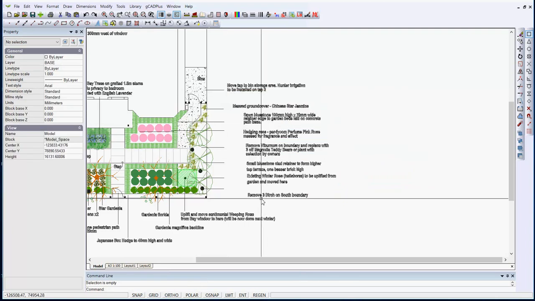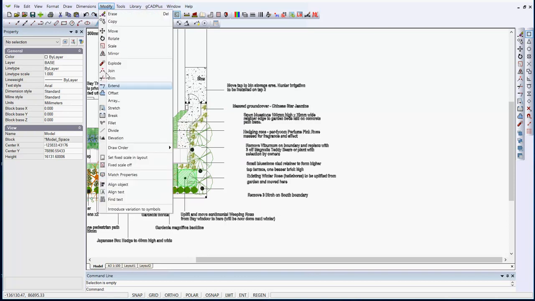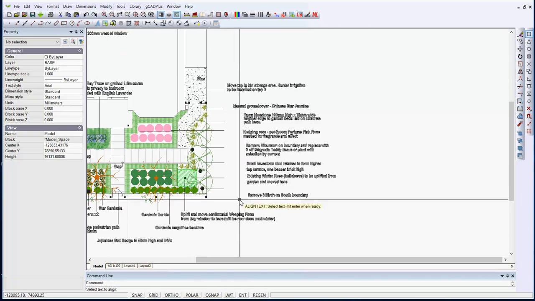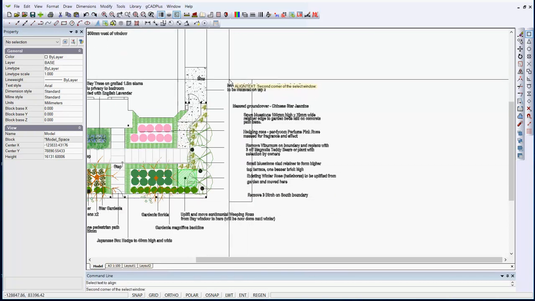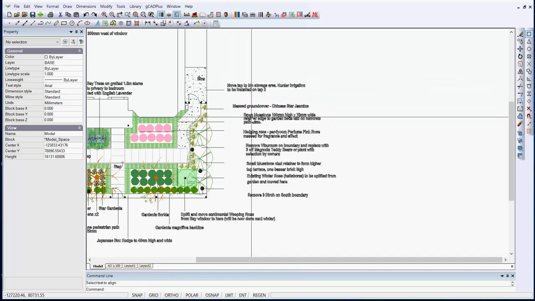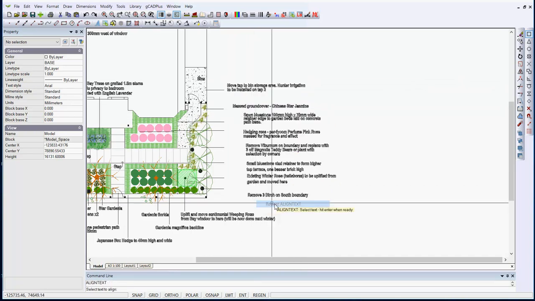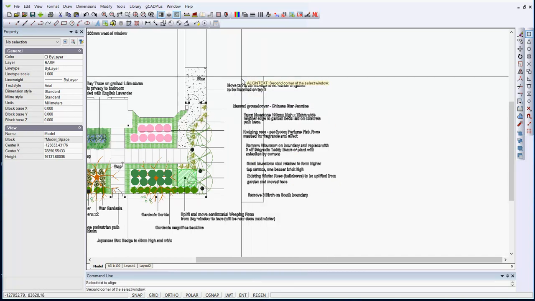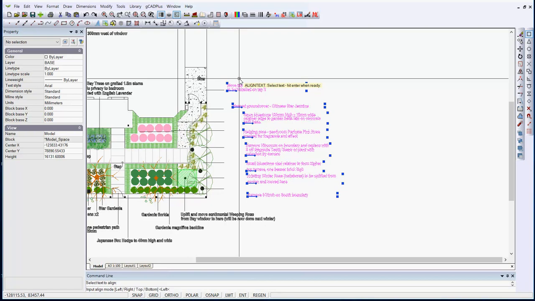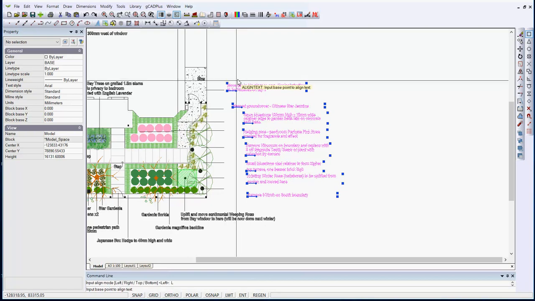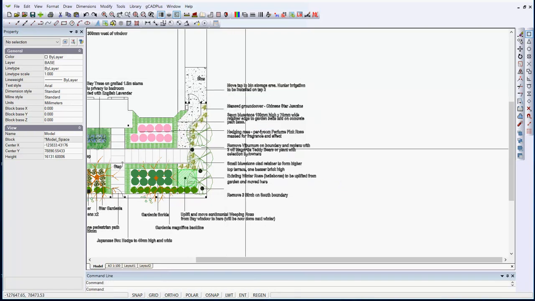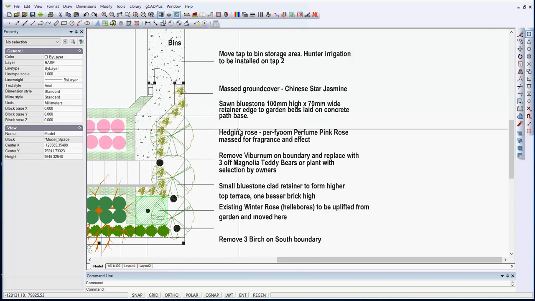And then we can again do that trick of modify, align text, get all of the text now, which is now MTEXT. Whoops, try that again, align text, select the text, hit Enter when ready, Left, and we'll line them up like so. So now all of the text that we wanted in there is in MTEXT, so we can edit it